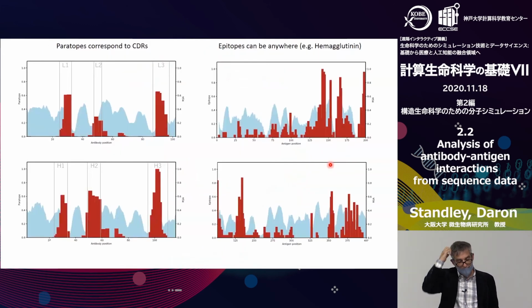Okay, so this summarizes in a kind of graph what I just said. The paratopes are restricted to the CDRs. You see here, 3 peaks, these red bars indicating